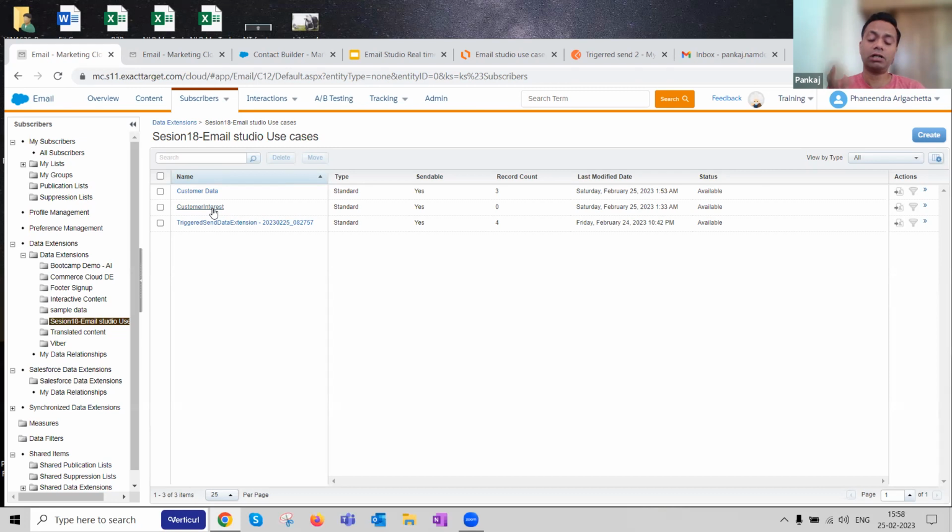It could be done in your Automation Studio. Journey Builder is a prime use case for that data model. That is not a part of this conversation, which will happen in future sessions, but certainly data modeling and segmentation are very important. They're not much spoken about because these are not glamorous things. What are the glamorous things? Showing you jazzy emails, progressive profiling, Journey Builder, Automation Studio. No, this is the most important and difficult part.